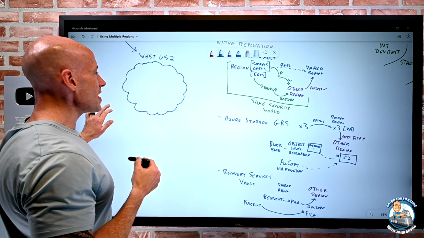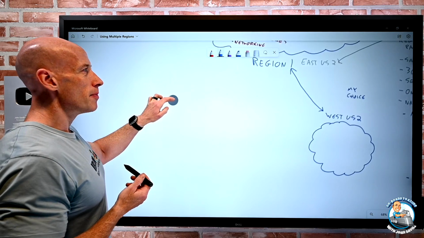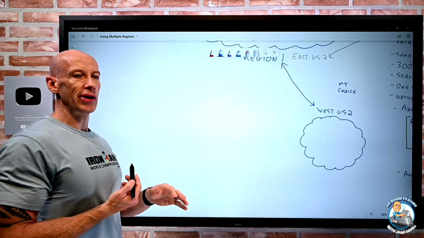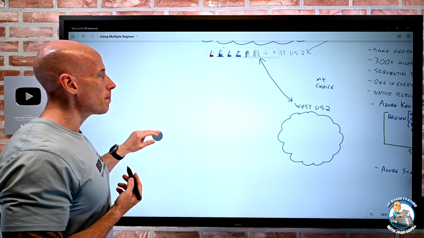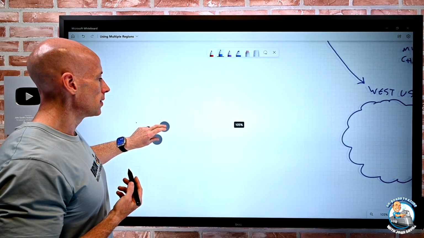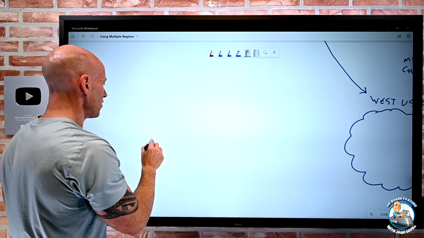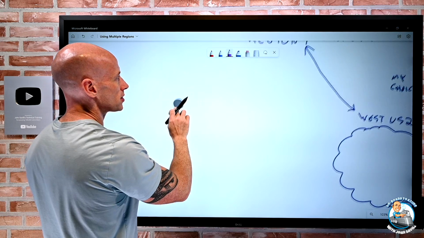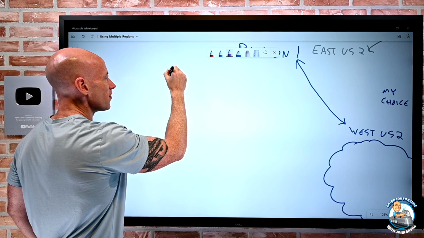So that's those native services. Okay. Let's think about the majority though. So that was Key Vault, a storage account, and a recovery services vault. What about just my overall application? Well, if we think about most of our applications, your application, your service